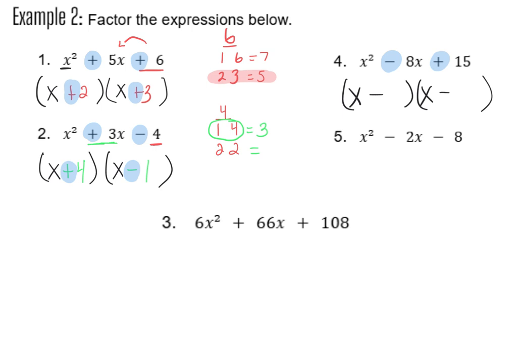So now I need to figure out numbers that multiply to give me 15, but still add or subtract to give me 8. Well, 15 is 1 times 5, 15, and 3 times 5. Well, 3 times 5 works because they add up to give me 8. So 3 and 5 go into the parentheses. My last combination is going to be